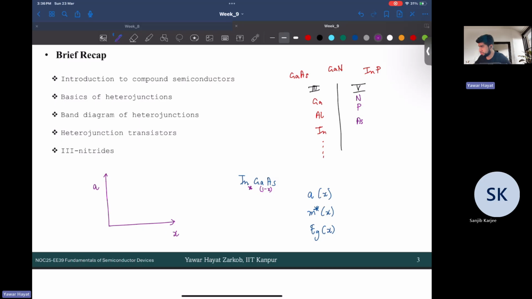What is that law that helps us in doing this? This particular law was discussed, right? Vegard's law,